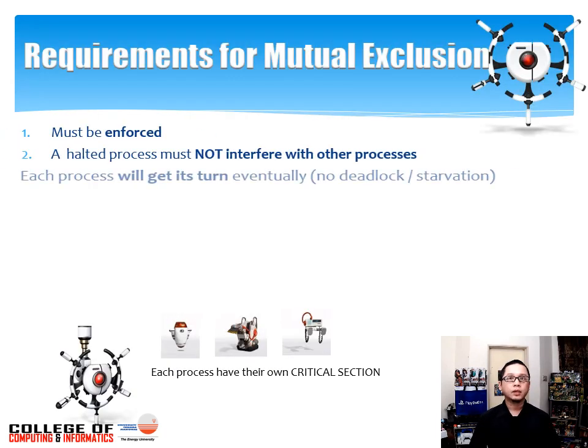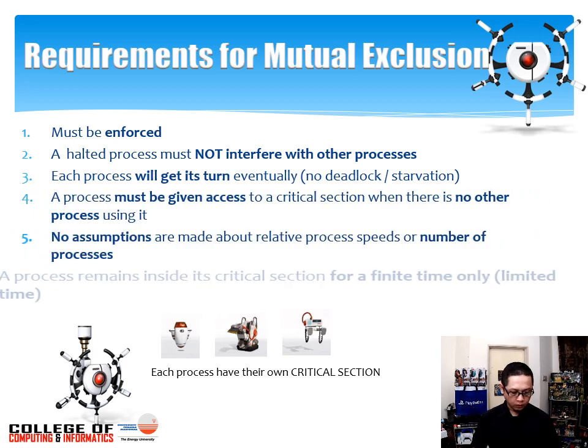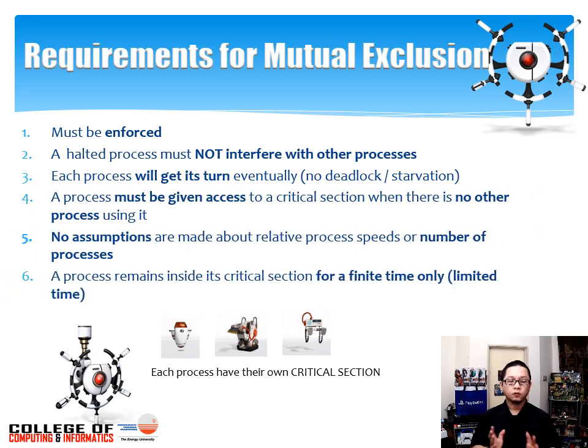So in order to have mutual exclusion, each and every one of these conditions must be met. So first of all, mutual exclusion must be enforced. What or who is enforcing it? Of course, it is the operating system. So it is the responsibility of the operating system to enforce mutual exclusion. How? It is through perhaps proper scheduling or proper enforcement of resource allocation and resource release. So each and every process must be enforced by the operating system in order to give certain cue or order